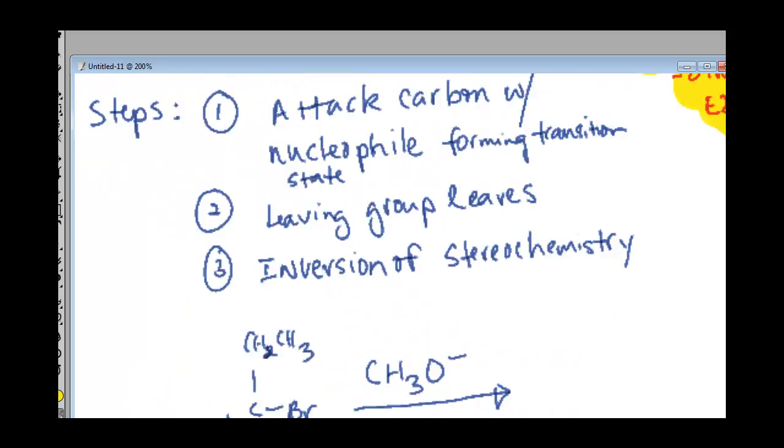Okay, so what are the steps for this? Because it's an SN2 reaction, it's a concerted reaction. It occurs all in one step. The nucleophile starts forming a bond right when it starts breaking the bond with the leaving group. And once the leaving group leaves, that means the nucleophile has now been attached and the stereochemistry has been